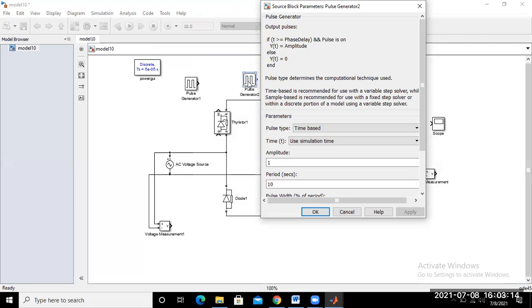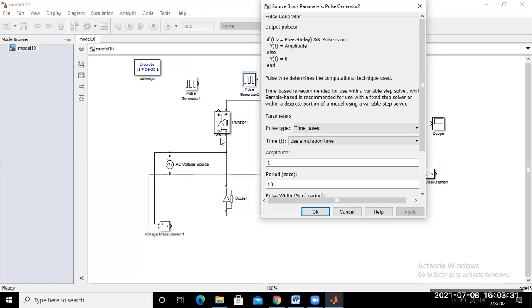In 0 to pi, thyristor 1 is forward biased. So when you supply the gate pulse at the 30-degree delay, this thyristor starts conduction from the 30-degree delay.